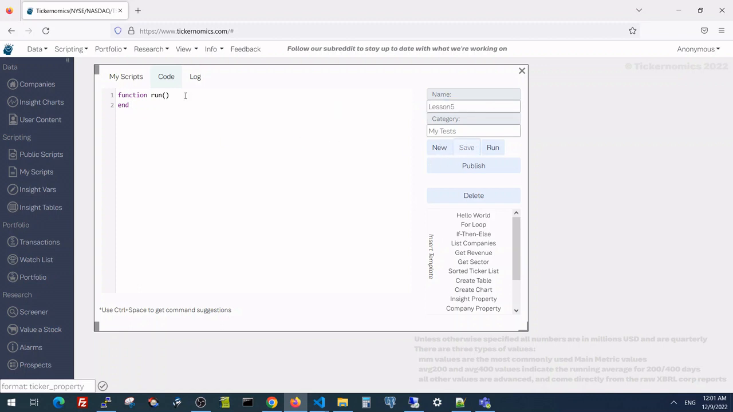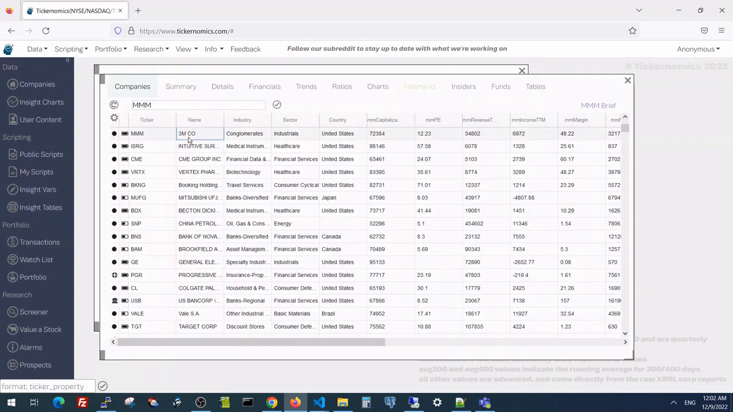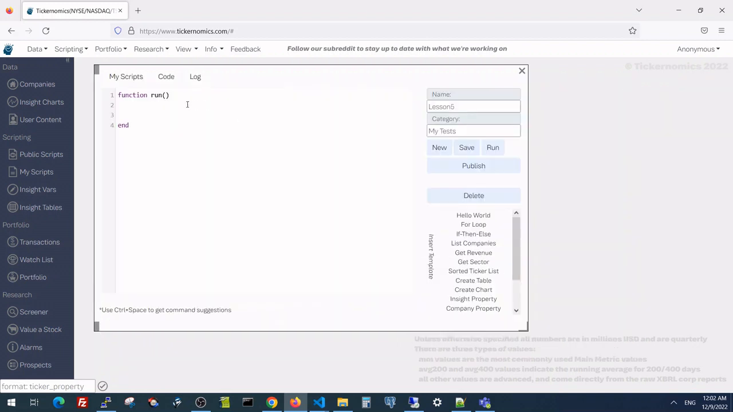and let's do it for just one company. I chose MMM, so let's do that. MMM is 3M, obviously a huge conglomerate. So yeah, let's say ticker is MMM, and we'll go and